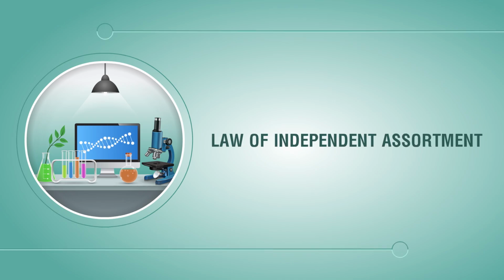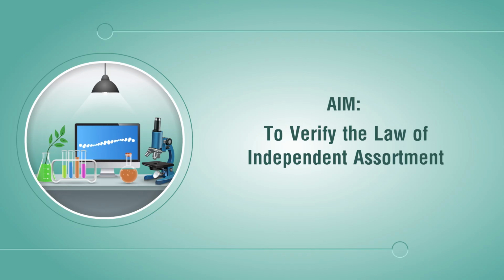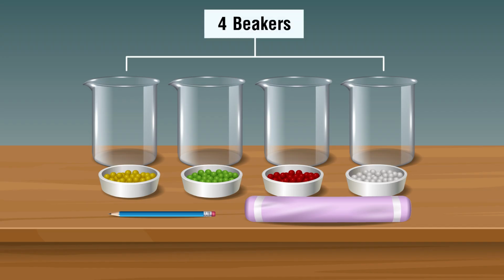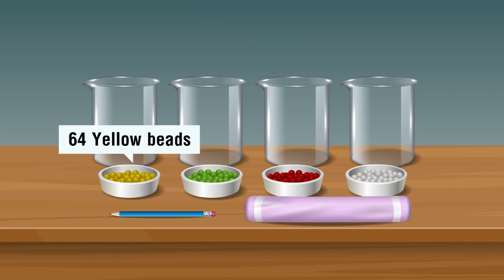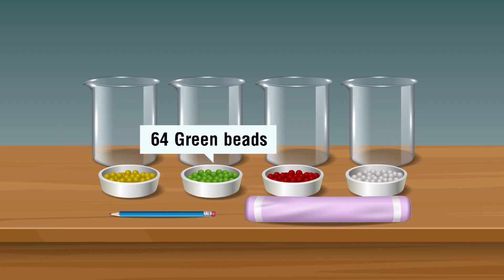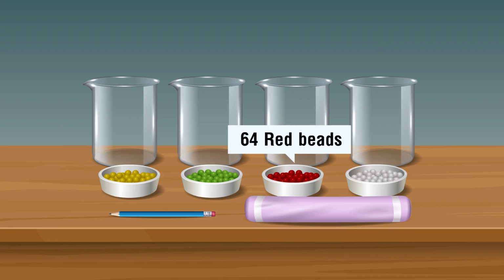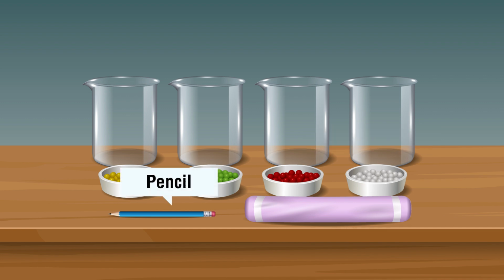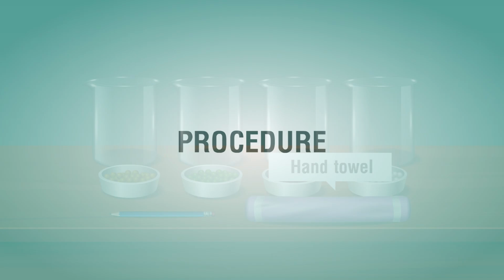Law of Independent Assortment. Aim: to verify the law of independent assortment. Materials required: 4 beakers, 64 yellow beads, 64 green beads, 64 red beads, 64 white beads, pencil, hand towel. Procedure: